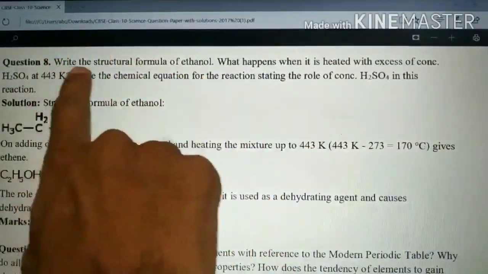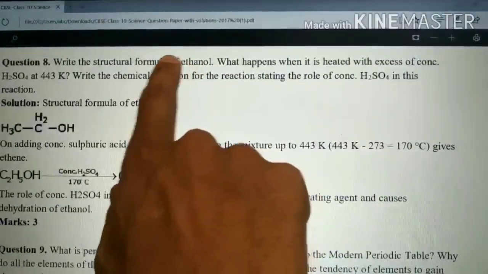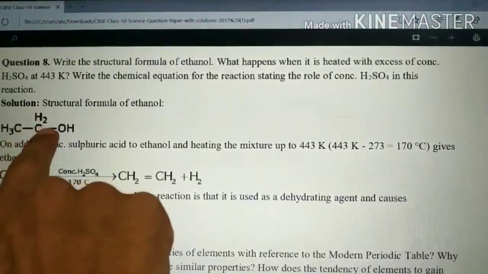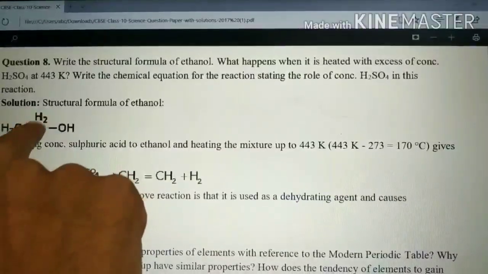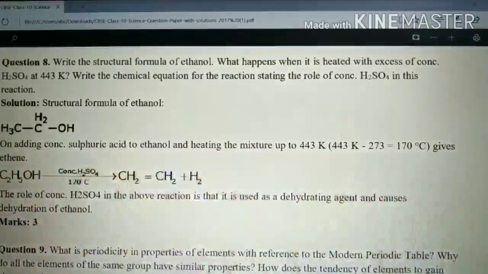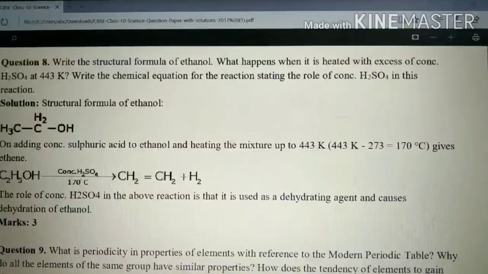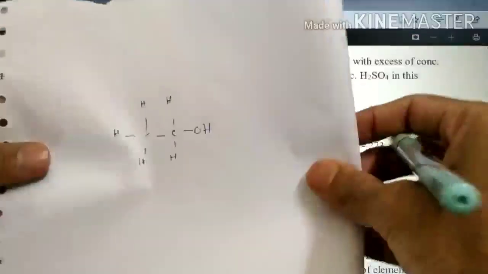First you have to write the ethanol formula. We know that eth means 2 carbon, so I have 2 carbon. Here 1 carbon is used for one bond, and the bonds go to 2 hydrogen, 1 hydrogen here, 1 hydrogen here. Okay, this also we can write in another form. I show you how you write this again. This is directly how they write it, but I show another form you have to write, in this form.